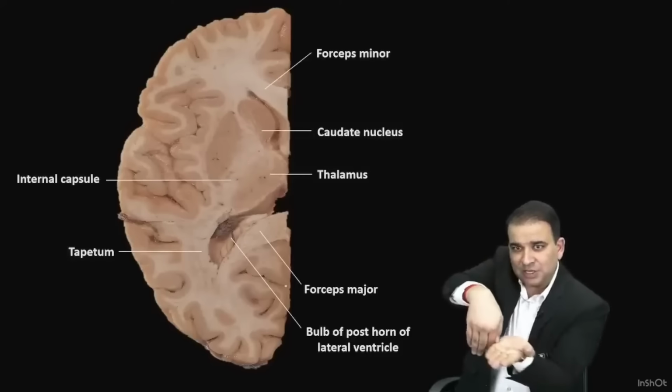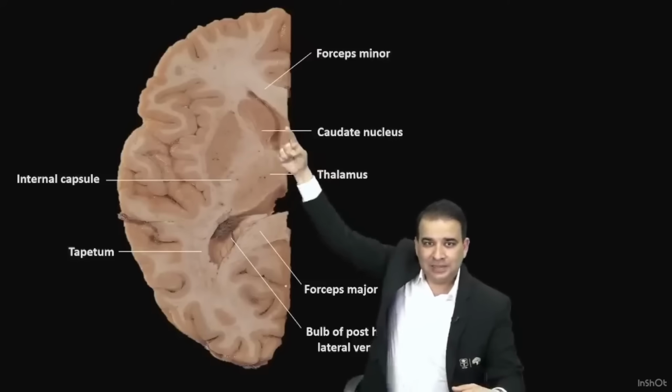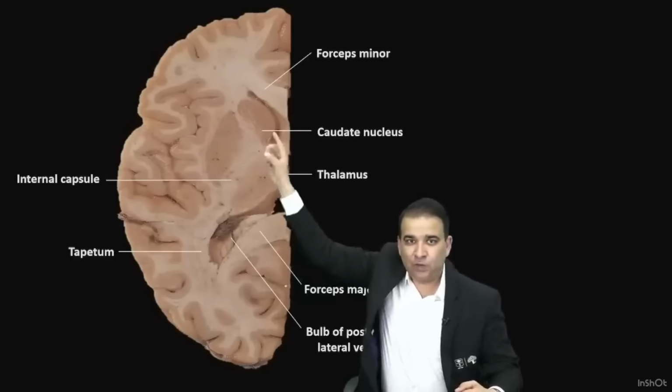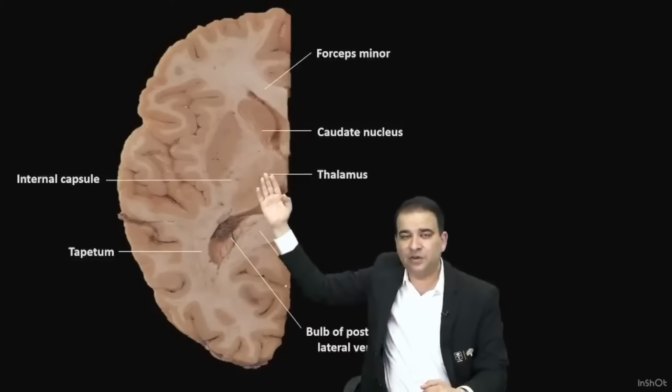Now you're taking a transverse section. This is towards the head. That's the head of the caudate nucleus there. Head is there, tail will be somewhere here, guys. The tail of the caudate nucleus will be somewhere here. So it's a head of the caudate nucleus, and that is thalamus. So head of the caudate nucleus and the thalamus, they are present toward the medial side of internal capsule, and